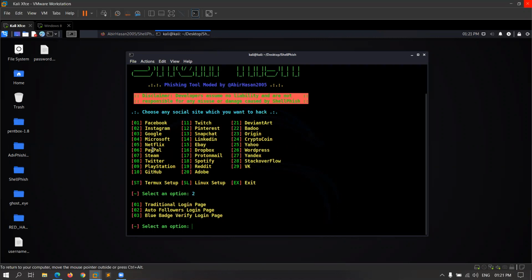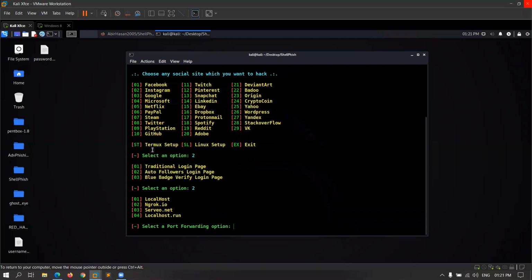So I will choose option 2, auto followers login page. And there are 4 methods. If you want to perform the attack in your same network, suppose the target is on your Wi-Fi or in your company and they have the same network, then you can use localhost.